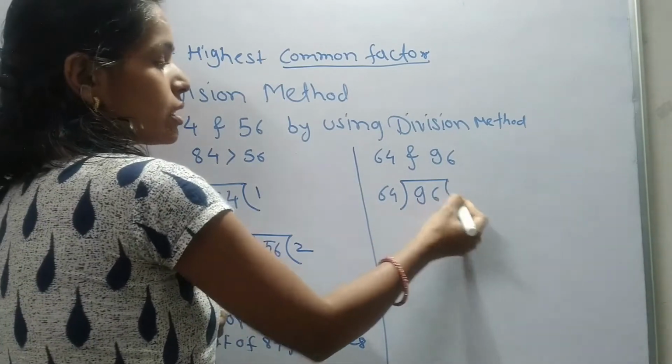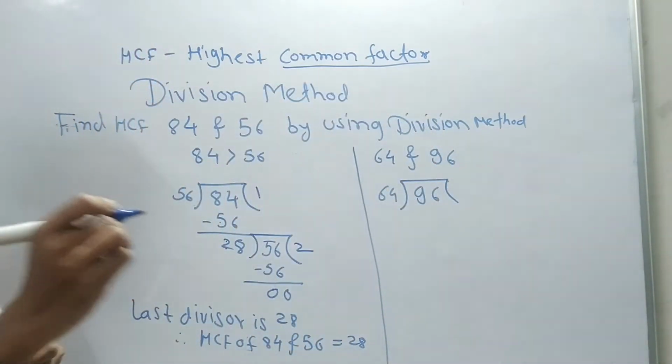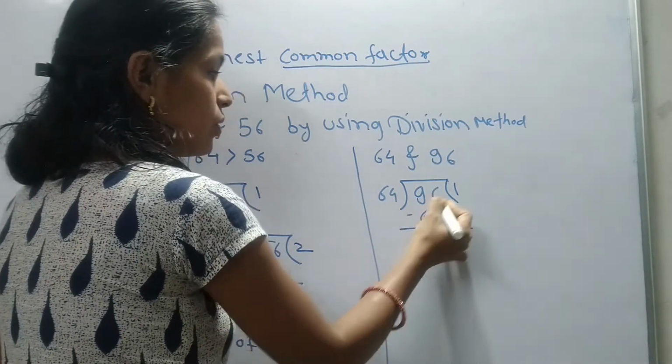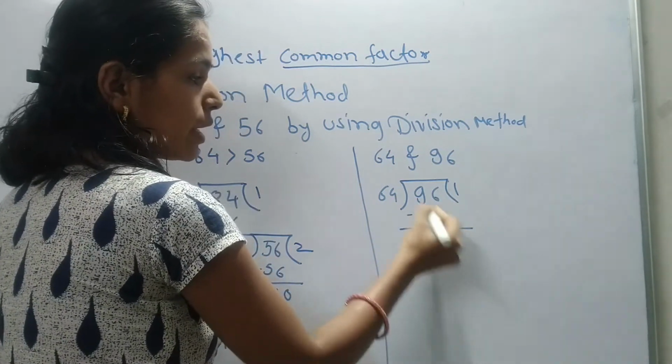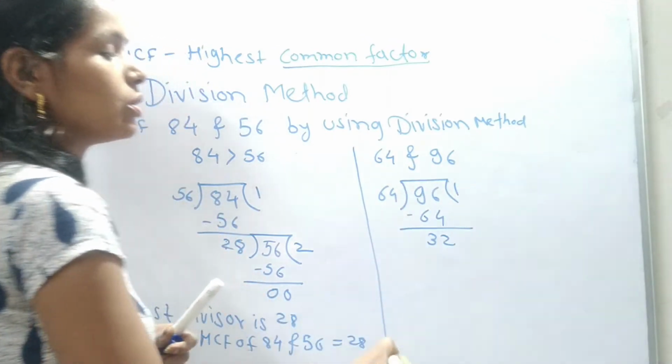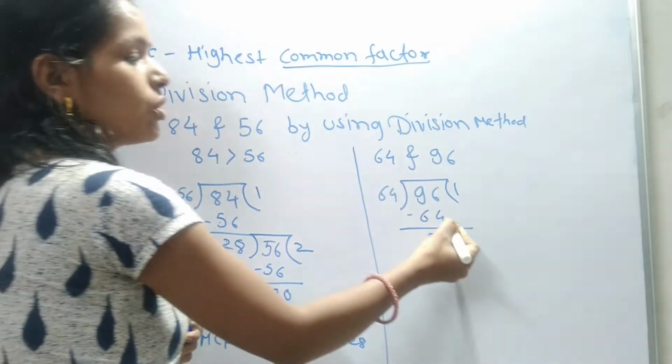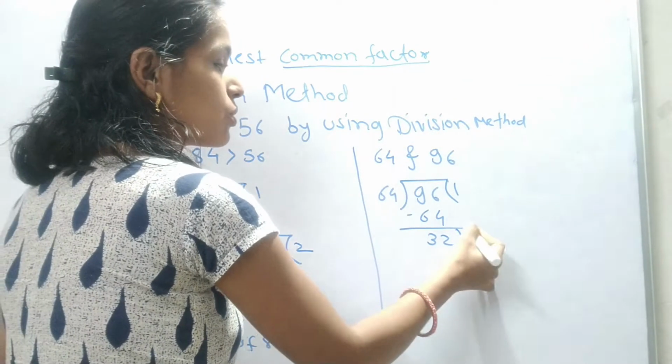We know that 64 के डबल में 96 तो आने से रहे. So 64 1 64. What is the remainder? 6 minus 4 is 2 and 9 minus 6 is 3. 32. Now क्या करना है? जो रिमाइंडर आया है उससे प्रीवियस डिवाइजर को डिवाइड करना है. 64 यहाँ लेना है, उसको डिवाइड करना है.